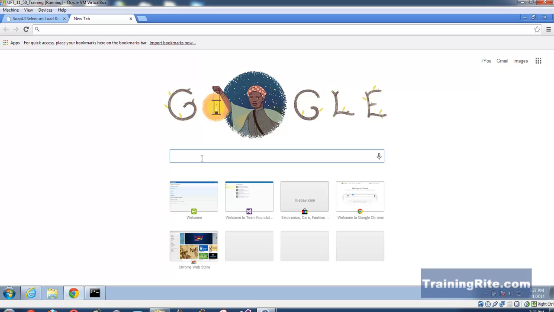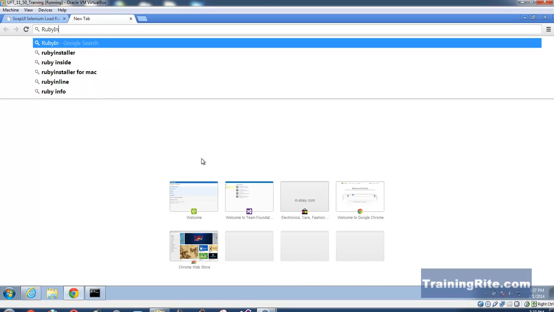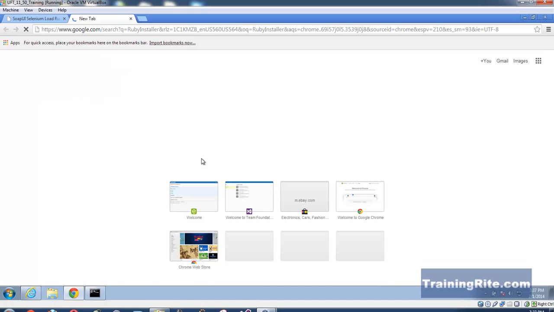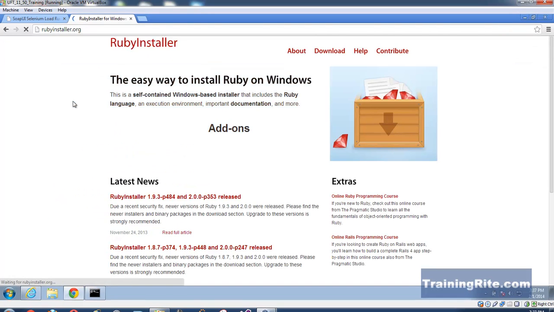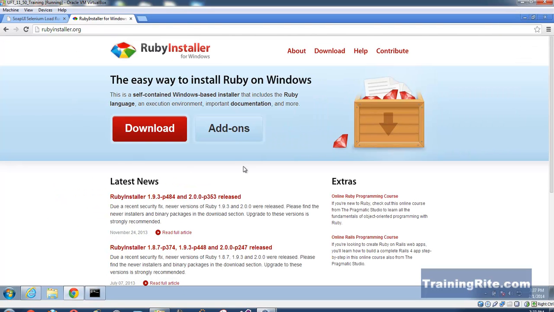Since this video will be covering the Windows part of it, there is something called the Ruby installer that will make it very easy for you to do that. So I'm going to take you directly to the Ruby installer. I'll do a search for it on Google, and here we go, Ruby installer for Windows. As you can see, it is going to help you install Ruby